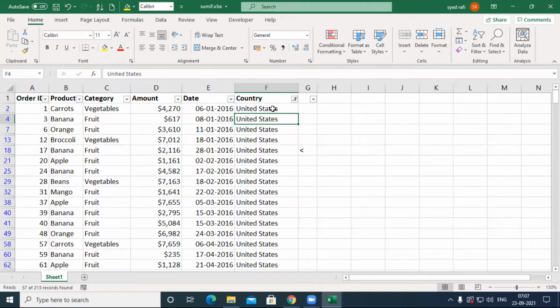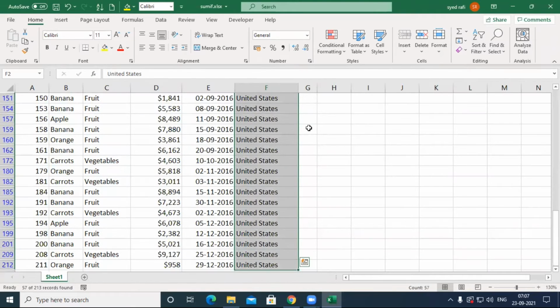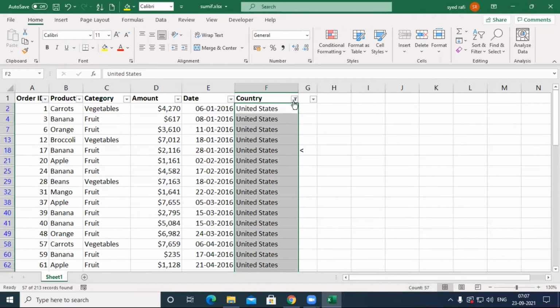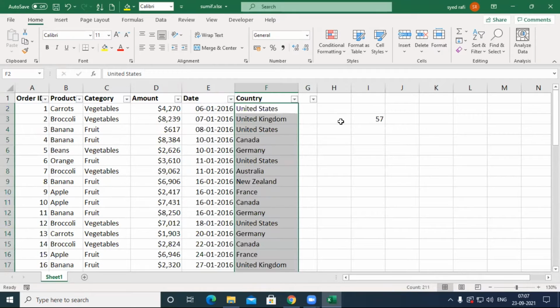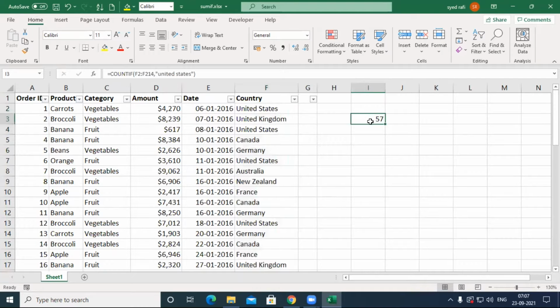Now select from here: click here and press Ctrl Shift Down Arrow. You can view in the status bar, the count is 57. We cross checked whether it gives the correct answer or not. That's why we cross check by using a filter.